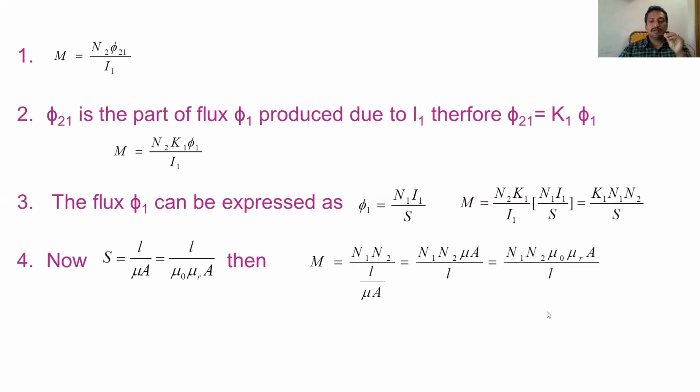So this is the expression of mutual inductance. Remember, dear students, the two expressions we learned. L is equal to N φ by I, self-inductance. M is equal to N1 N2 μ0 μR A by L. What is the difference between these two? There is only one coil there, here there are two coils. There is only one number of turns there, here there are two numbers of turns.